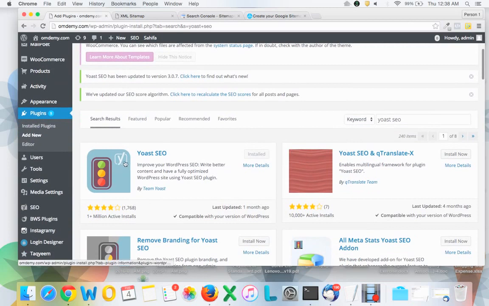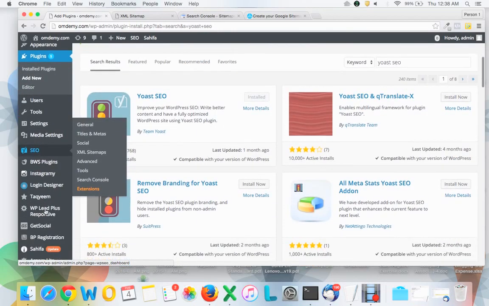You'll get that result at the beginning. In my case, it is installed, so that's why it is showing as installed. But in your site, if it is not installed, it will give you the option to install it. So you can say install now, and it will get installed.